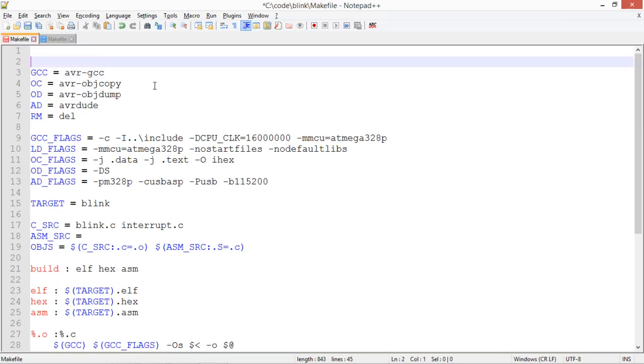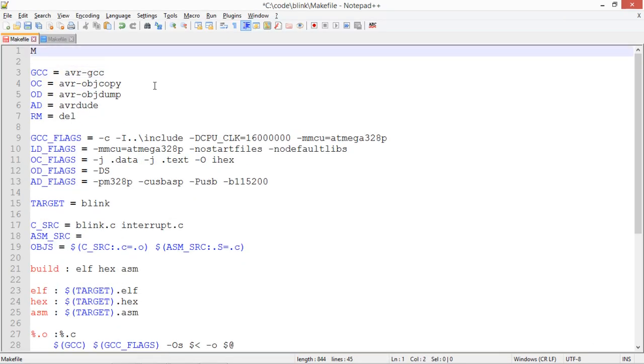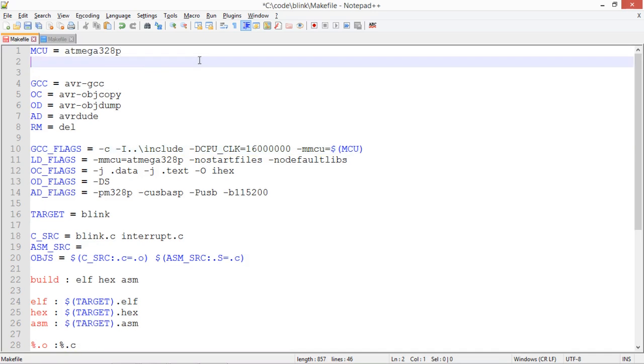Another change is we shall define variables for the parameters used in the command options. These may change in future if we decide to use a different microcontroller or a programmer or the rating of the crystal oscillator, etc. I have defined variables MCU, CLK_speed, AD_MCU, PRGMR, port, baud rate, and